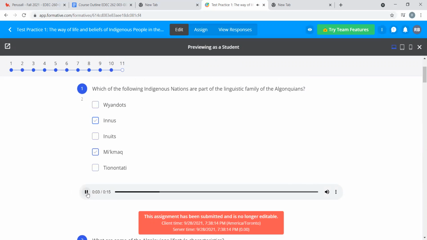Nations are part of the linguistic family of the Algonquins, the Wyandots, the Inus, the Inuits, the Micmac, or the